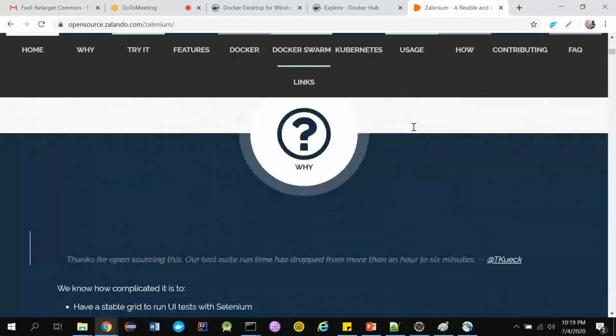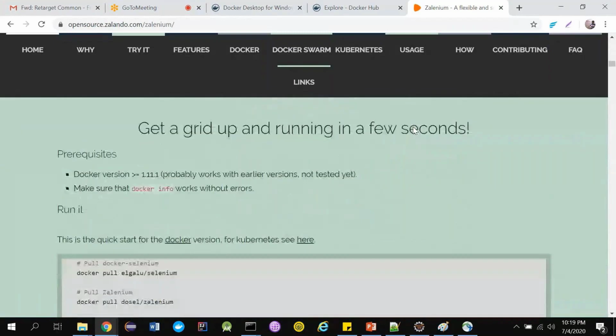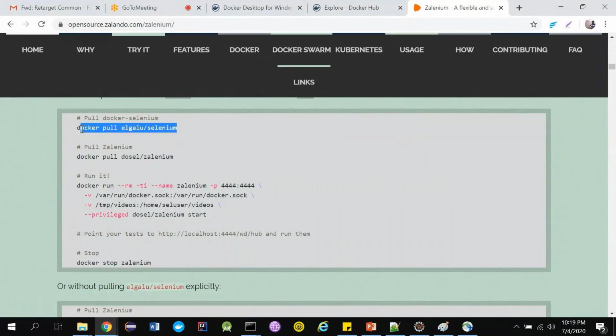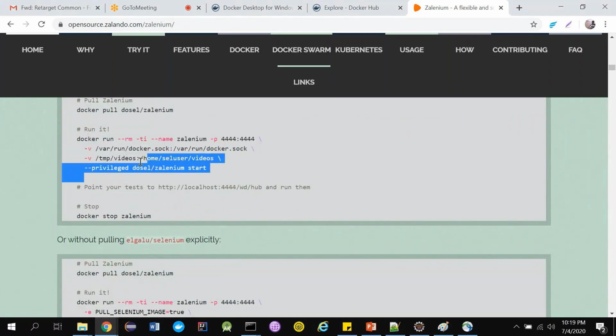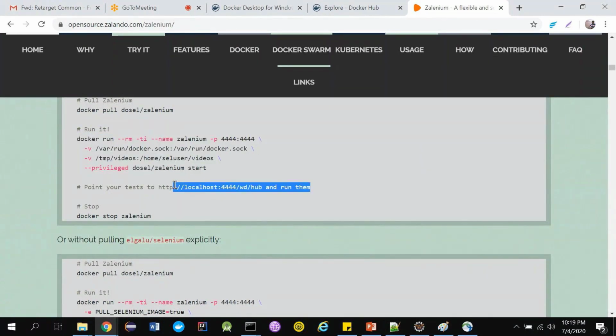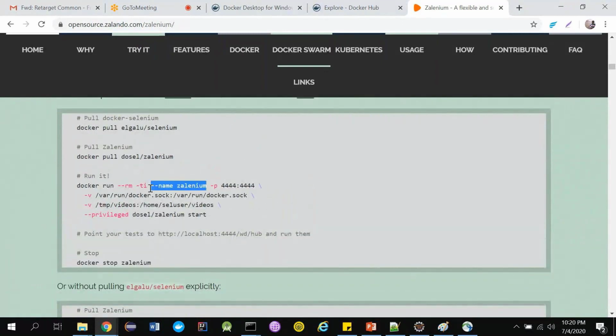So if you go to their official documents, it's very clear. They are telling to pull these particular two images, and then they are telling to run this particular command and point your test to this particular URL, right? And to stop Selenoid, you can type docker stop selenoid, because they are naming it as selenoid, so you can stop it using this command. Yeah, so I already have these images available.